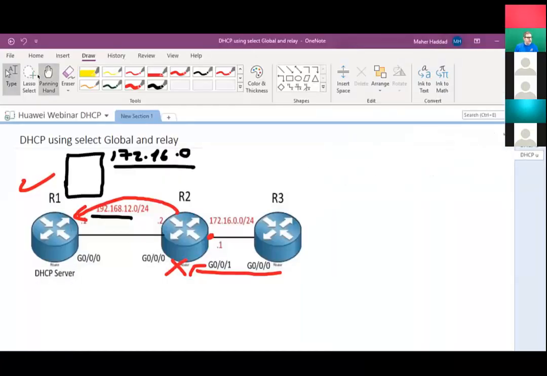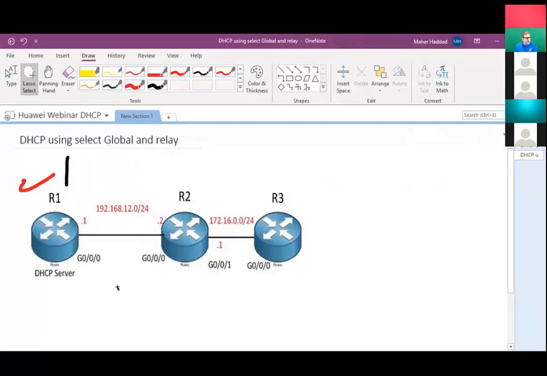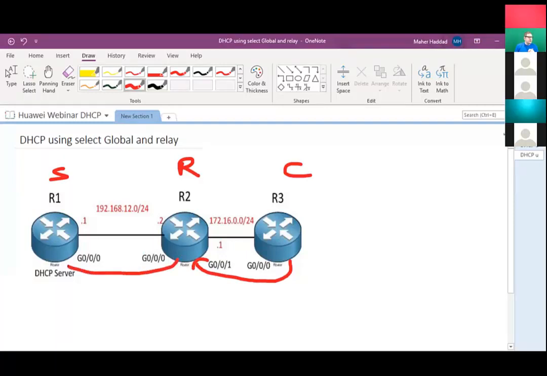Let's go back here to the picture, and let me explain to you what the problem is. I'll clear here a little bit so we can have a good picture. The problem is that router 1 is configured correctly, router 2 is configured correctly, this is the server, this is the relay, and the client is also configured correctly. So what is happening is that router 3 is sending the DHCP discover to here. Router 2 is the relay, so it says, okay, I'm going to send it to router 1. And then router 1 says, I want to send it back to the network, which is